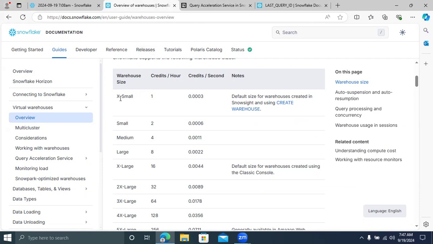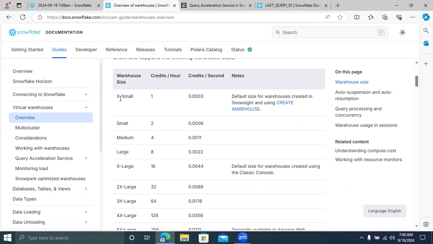Because if you give scale factor 8, 8 XS warehouses will be created. Now those 8 warehouses are going to scan your tables. They're going to scan your partitions, because all the data is split into micro-partitions. The 8 warehouses are going to scan the table and the micro-partitions, and then fetch the data.